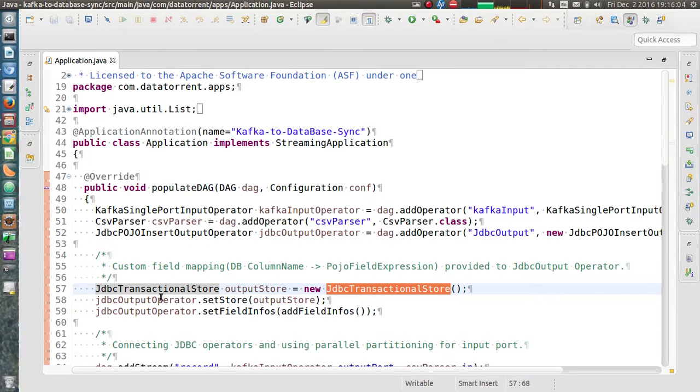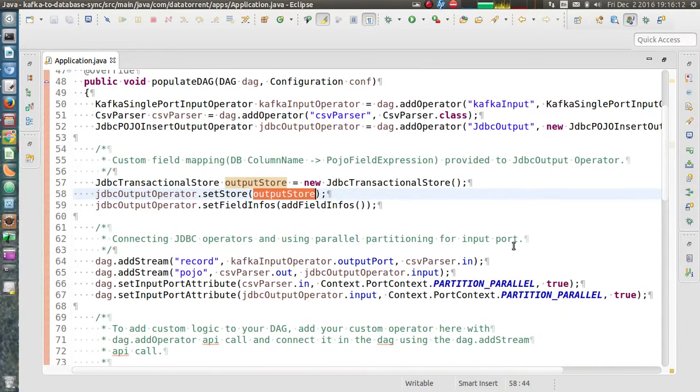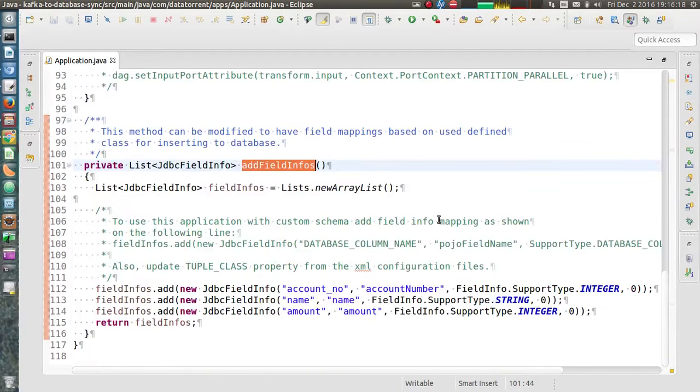So we are initializing the JDBC insert output operator with the store, and then we need to add something called field info. So field info is nothing but the mapping from database columns to the fields in the Java object.